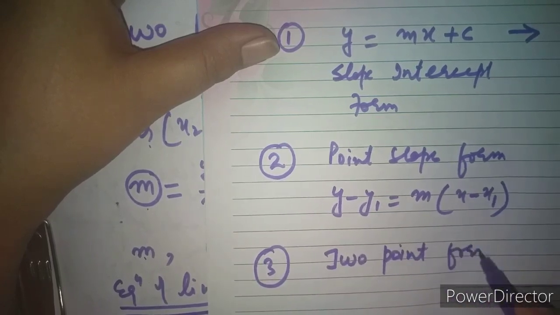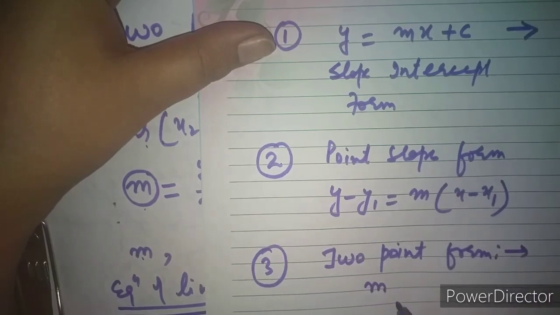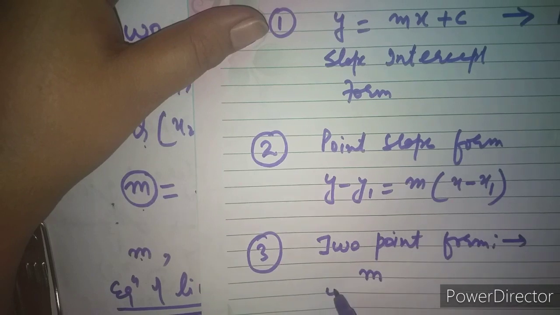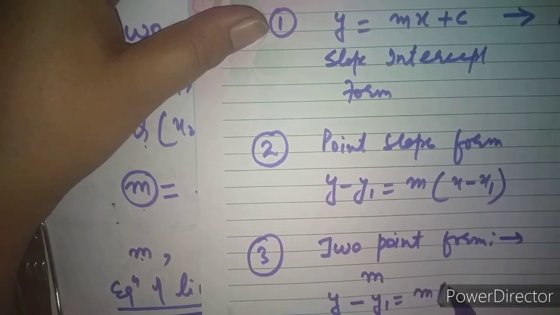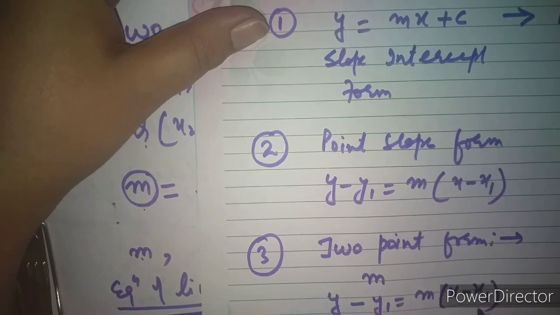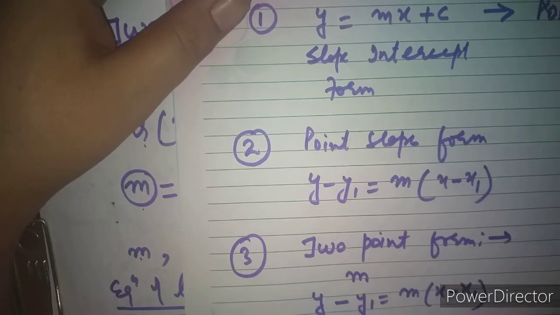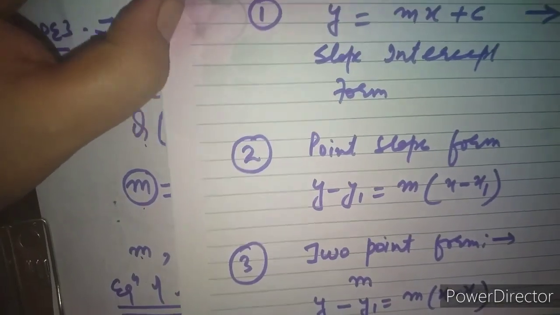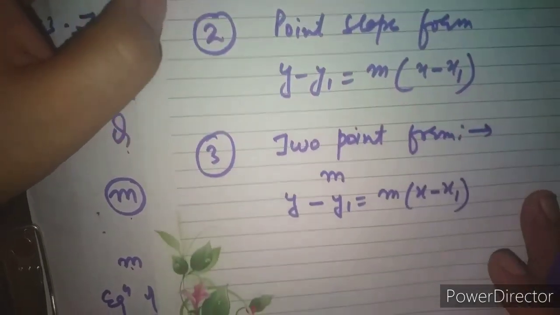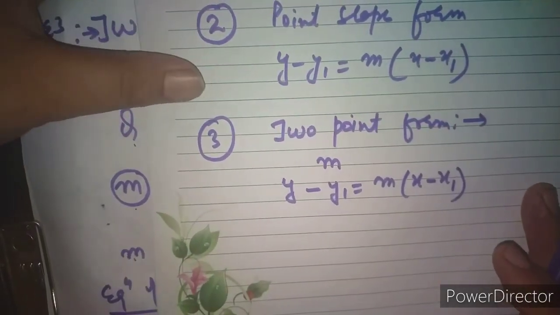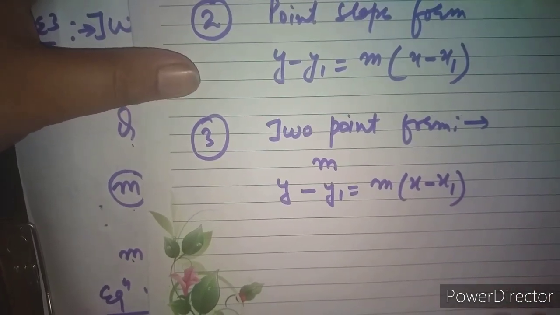In the 2-point form, instead of 1 point we will be provided with 2 points. With the help of those 2 points we will find m, and its equation also will be written as y minus y1 is equal to m into x minus x1. So these are our three forms of the equation of a line. When I use these in exercise number 14c, their application will be more clear and the formulas will be more clear to you.